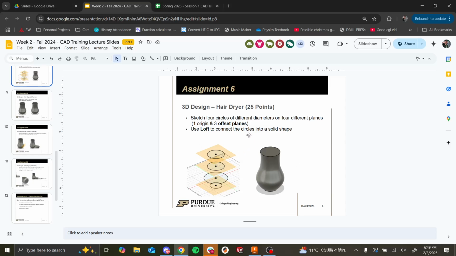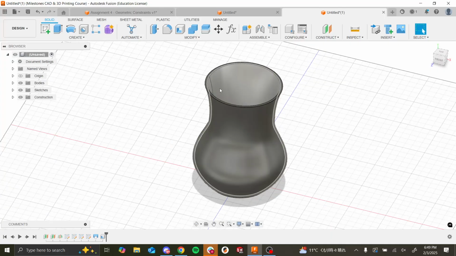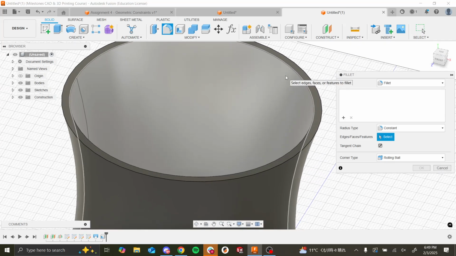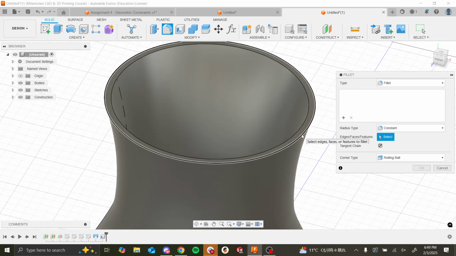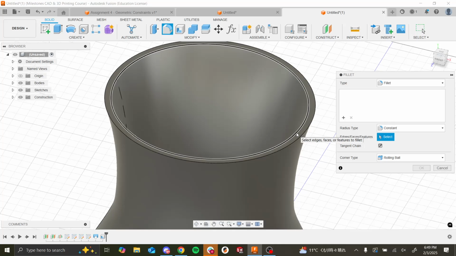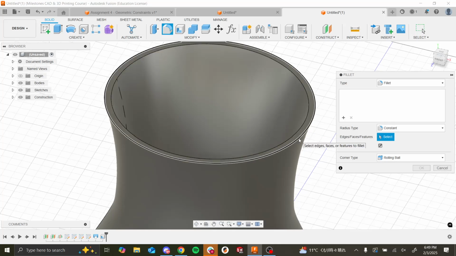The last thing we're going to do to the body of the hairdryer is add a fillet. So I'm going to add a fillet on this outer edge right here. Please don't select the inner edge. And this is important just because we're going to be moving the shell later. And if you select the inner edge, it won't allow you to move it, just because it'll make this fillet dependent on the shell. I'll do it wrong just so